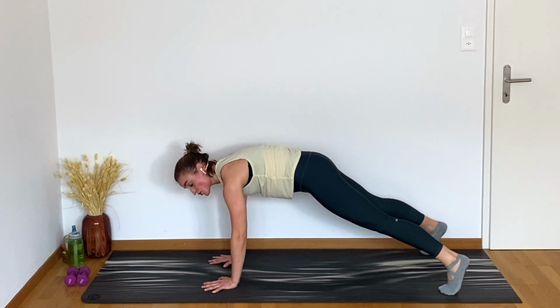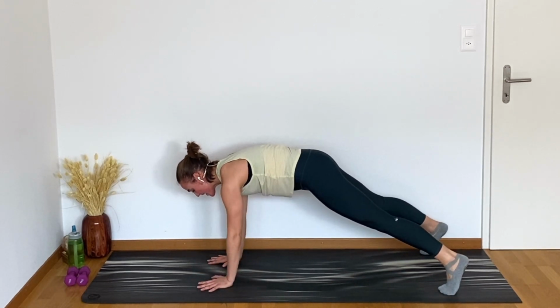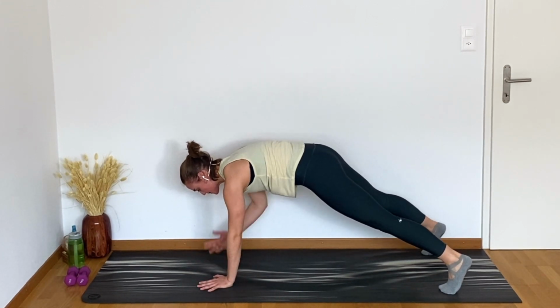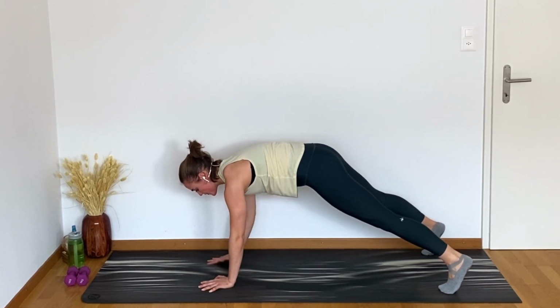And now we're gonna go for some shoulder taps to finish off these planks. Tap, tap, and tap. Now, of course, I could be dancing. That's fun, but not what we're doing right here. We're gonna keep those hips stable, moving them as minimally as possible. If you're moving them a lot, just widen your feet. 8,